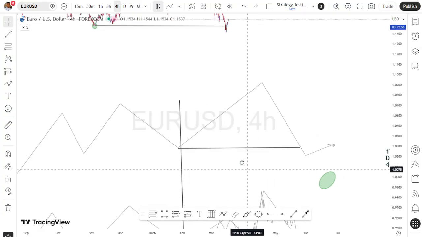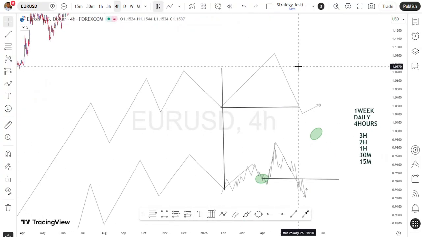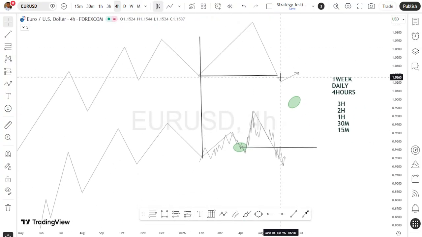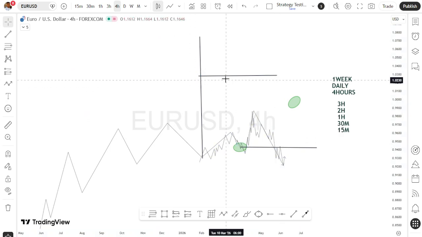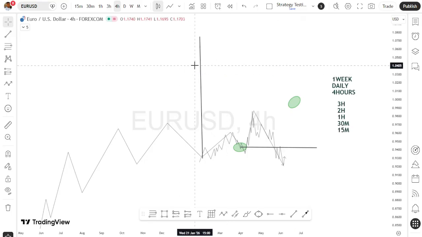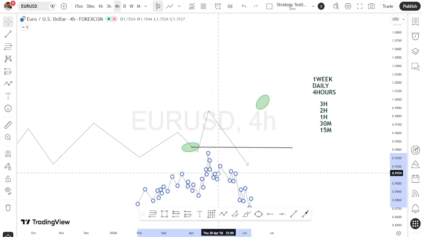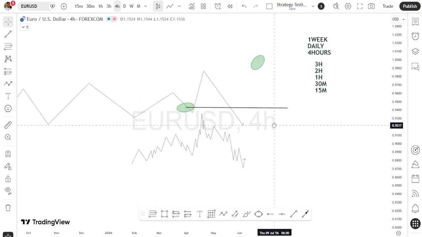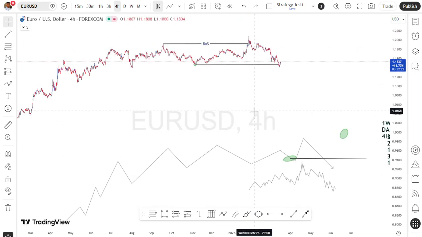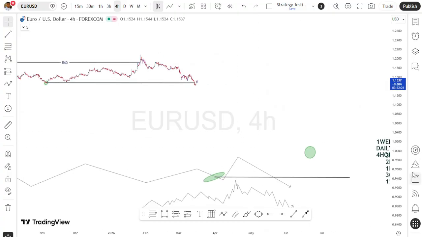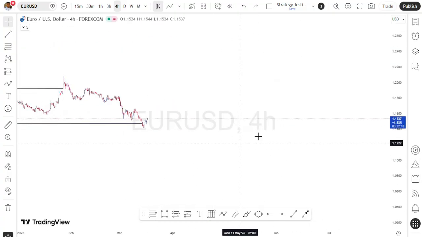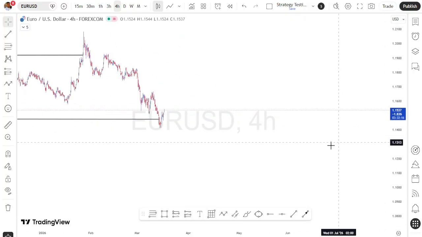All right. So now, since the weekly is bearish, and we also have the daily bearish and 4 hours bearish, now I'm going to delete the weekly, so I'm just going to be working with the 4 hours and the daily time frame. All right. So that is the time frame we are interested in. So looking at this structure on the 4 hours time frame, I'm just going to put this 4 hours time frame structure right below here. I'm going to be going straight to the next time frame on my watch list where I'll be looking for entries and everything. But before I go, the last thing I'm going to do on this higher time frame